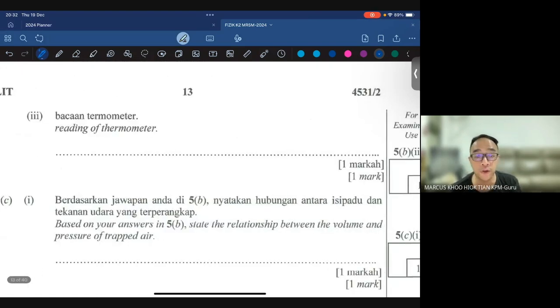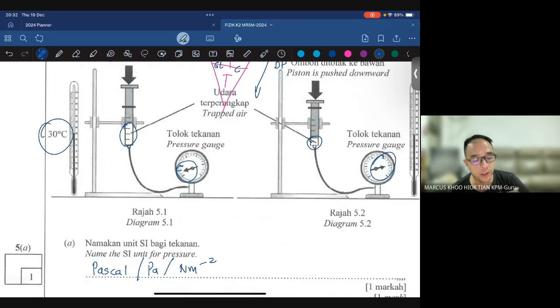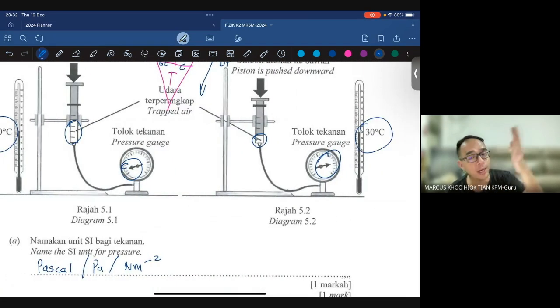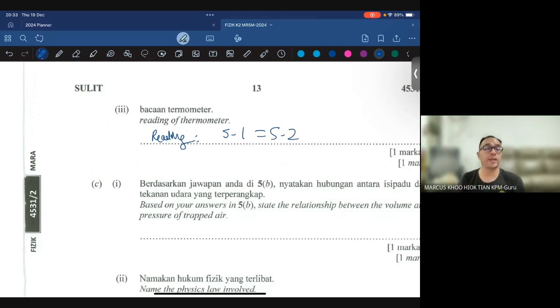The next question is the reading of the thermometer. Okay, reading of thermometer, 30 on the left side, 30 on the right side. This is a real no-brainer. The reading of thermometer, 5.1 is equal to 5.2. I think it's easy. This is a very easy compare question compared to the one that we did for SBP